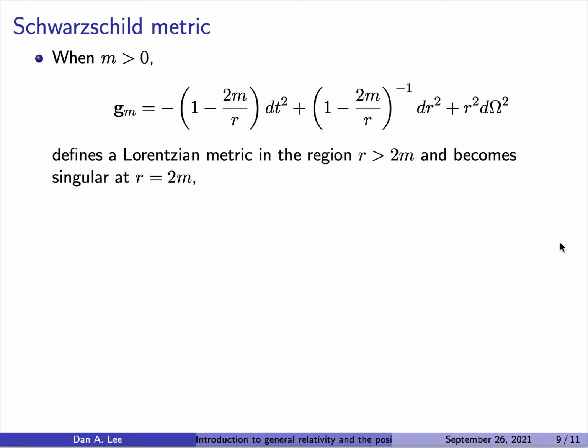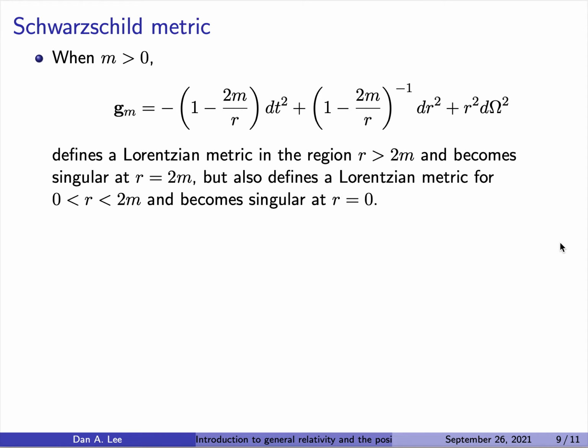So at that one point, it's not a Lorentzian metric at all. It's degenerate. It's no good. But if you go past there and look at when r is between 0 and 2m, it becomes a Lorentzian metric again,